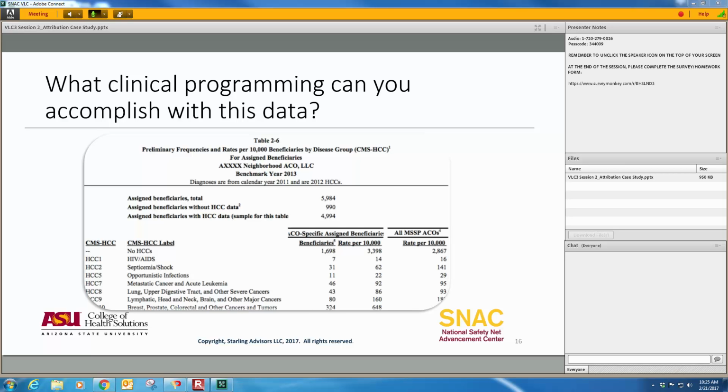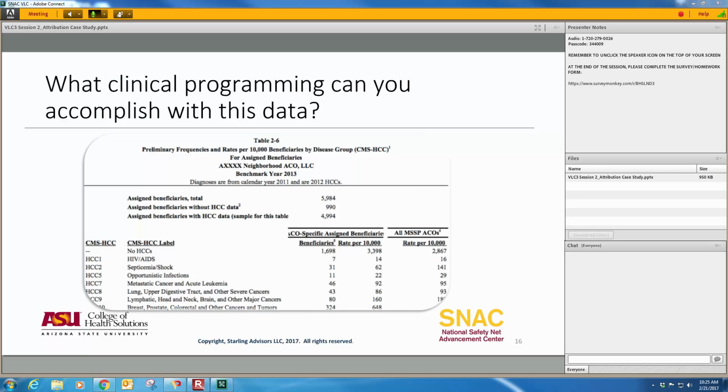It's a prioritization that is actually used to be somewhat predictive of the patient's cost, and it does so by identifying all of the diseases that the patient has based on billing data, and then assigning them to one and only one HCC